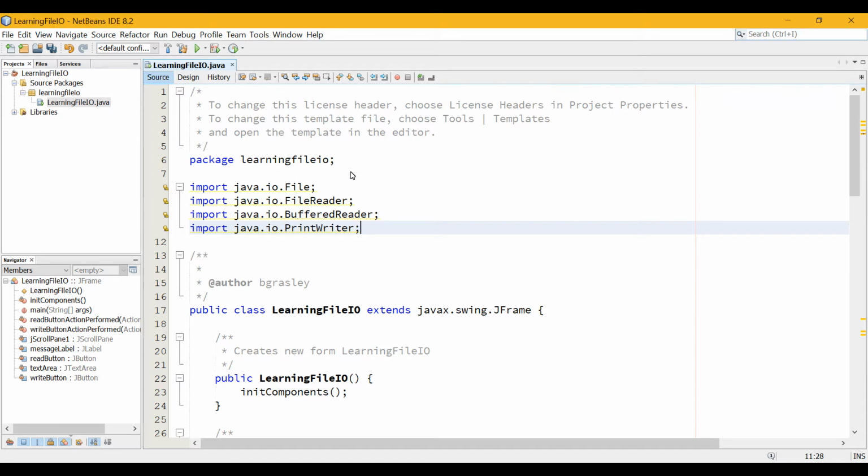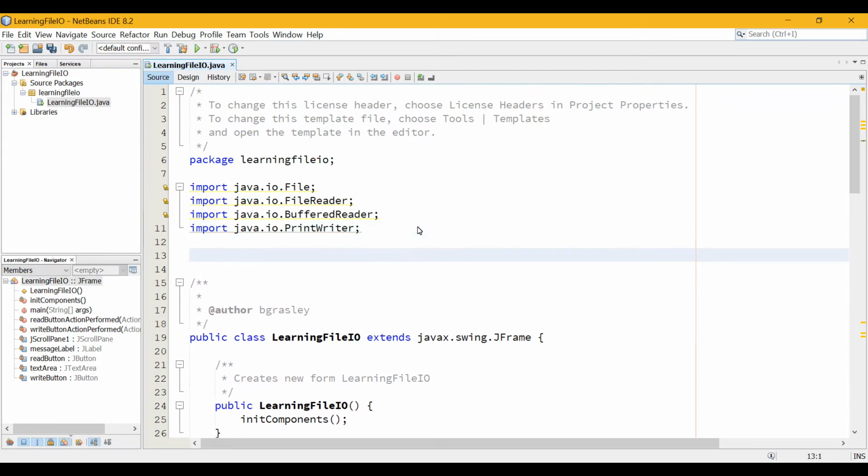Okay, so we're going to start with just that, and I'm going to show you a couple more things as we go here. Actually, you know what? I'm going to add one more thing right now. The user is going to have to be able to choose a file. So we're going to import